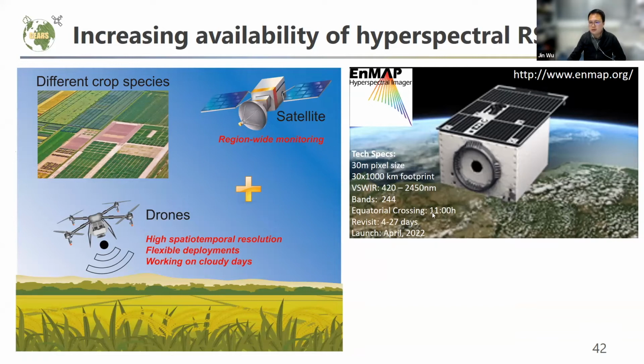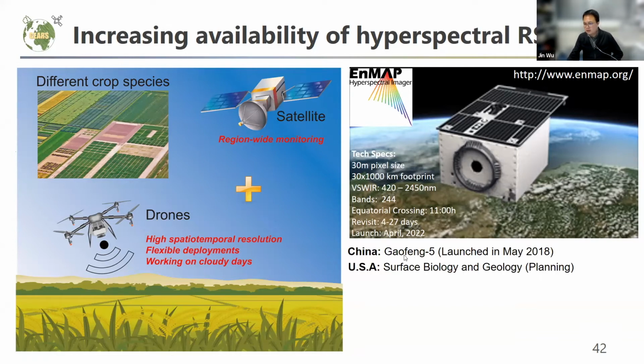And beyond Germany, in 2018, China also launched a satellite called Gaofen-5. And the United States is also planning to launch another hyperspectral satellite in the next 1 or 2 years. Some other countries are also planning to launch hyperspectral satellites. That will also provide a novel opportunity to think about whether we can potentially leverage hyperspectral remote sensing from satellites to monitor large-scale crop health, biochemistry, and physiology, even crop yield, and so on.